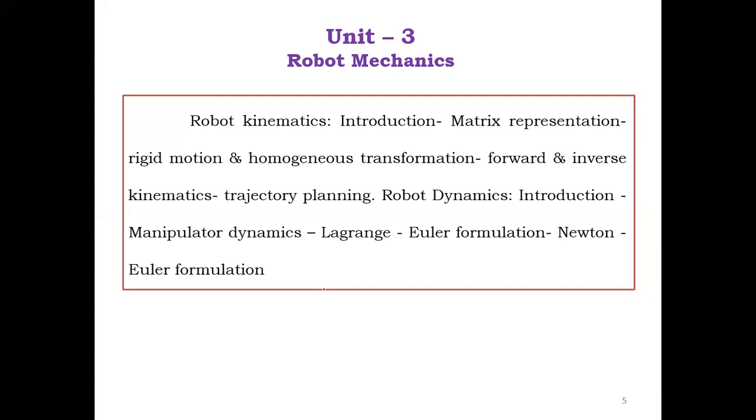Then in the Newton-Euler formulation, they define the torque calculation with the force, acceleration and movement. They consider the F is equal to ma concept, and they calculate the torque as well. So this is unit number 3. In this unit they will ask different problems on translation and rotation. Okay, for example, if you move 5 units along the x-axis, 10 units along the y-axis and 15 units along the z-axis, like that they will define. So like that they will ask the sums.